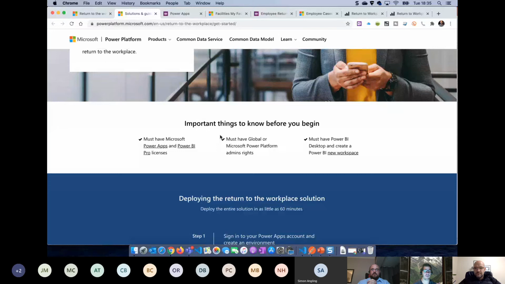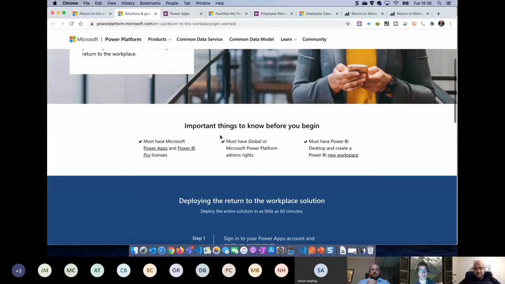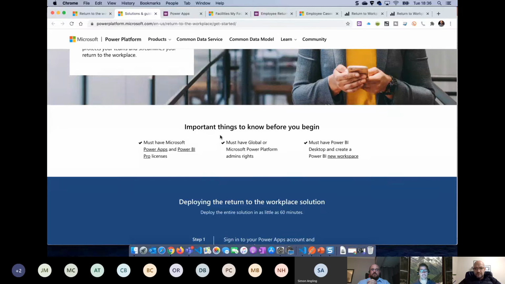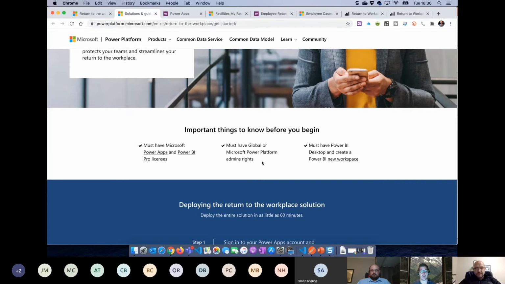Yeah, so maybe I can clarify this. The Return to Workplace solution, everything's in the CDS. And so from a Power Apps perspective, every user would need a premium license. You could potentially use the Power Apps per app license as opposed to the per user license. On the Power BI side, you would need Pro for anyone that's consuming the dashboards.